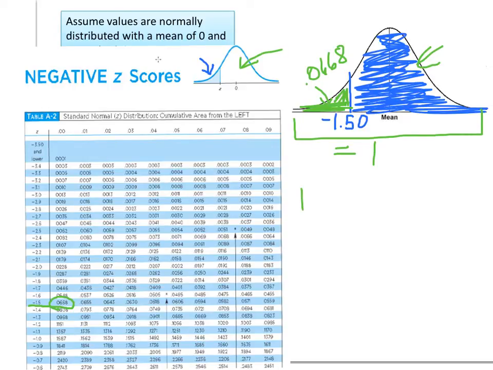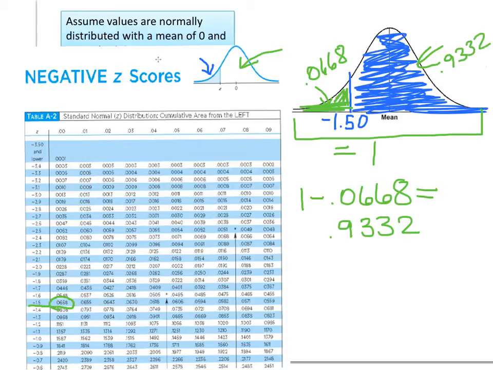So I say 1 minus 0.0668 to get the unknown portion. So my unknown portion is 0.9332. So this value over here is 0.9332. So my probability of being greater than negative 1.50 is